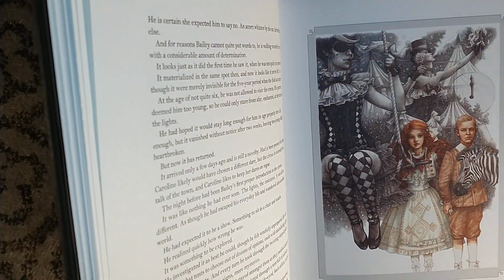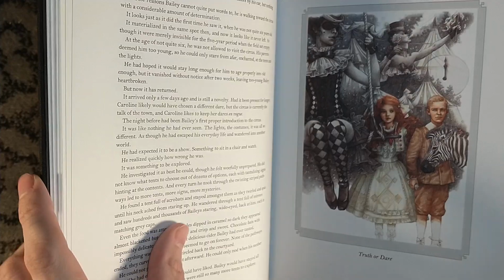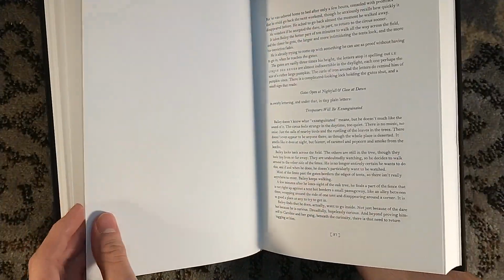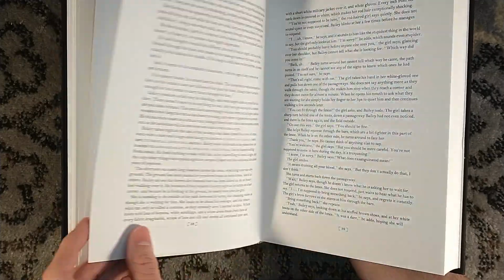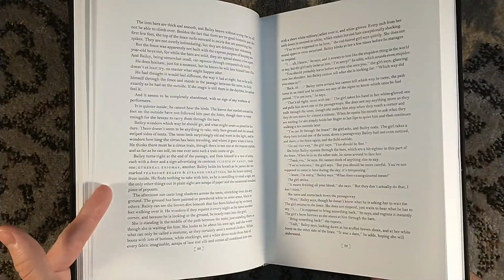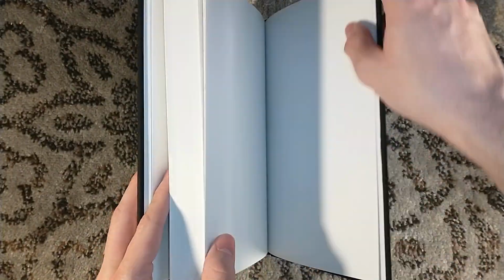This page doesn't even feel letterpressed. It just feels printed, but you can actually feel the text, so I don't know. Anyways, black and white aesthetic throughout the book. Black and white is kind of what you get with any book, but throughout the circus, it is